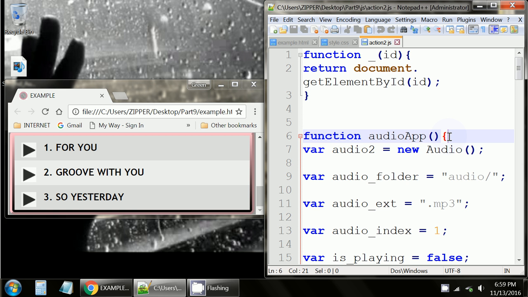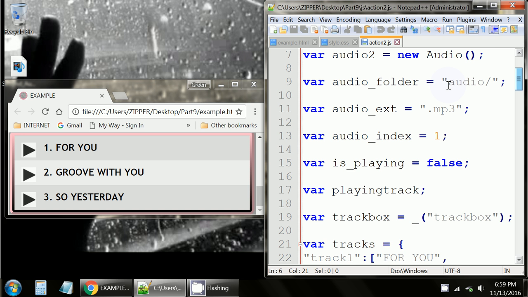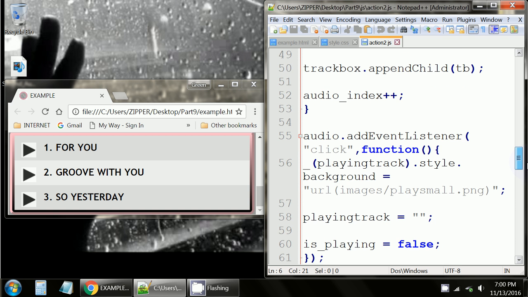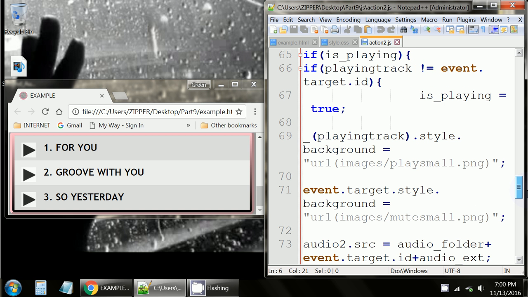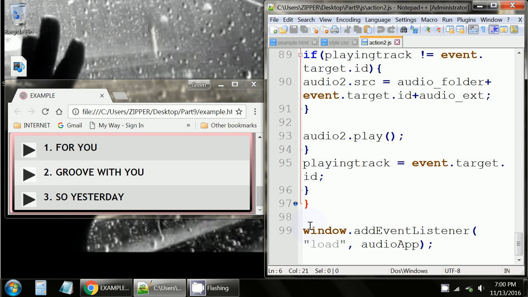If I click right to the right of this opening curly brace and I go down, you can see that this starts on line 6, and we are including spaces in between to make it easier to read, and it goes all the way to, I'm looking for the red closing curly brace, all the way to line 97. And outside of that function we have this window.addEventListener, load in double quotes, and audioApp, because